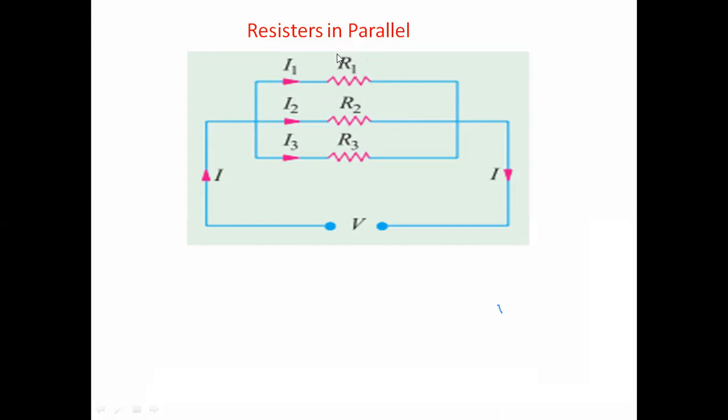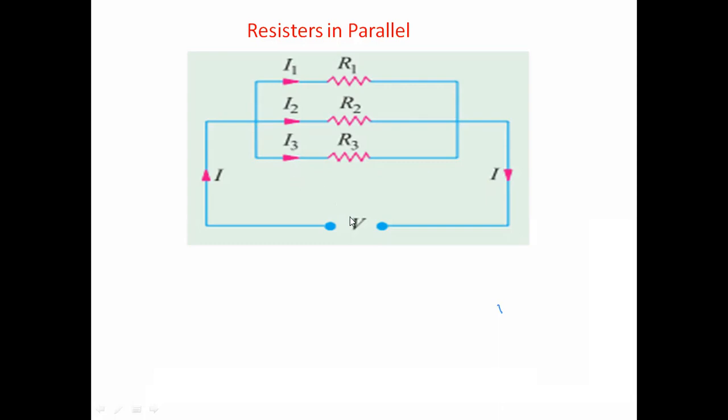Depending upon the R1 value, suppose the R1 value is very low, then most of the current will flow through this line R1. So depending upon these R1, R2, R3 values of resistance, the current changes its value flowing through these paths. Again after reaching here, these three currents are added again. So like this we get the combination I is equal to I1 plus I2 plus I3.